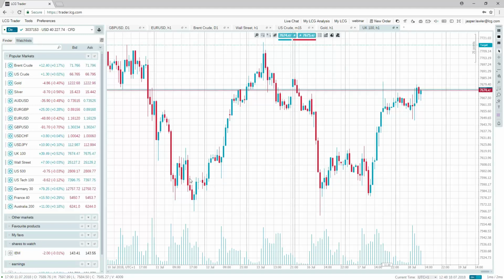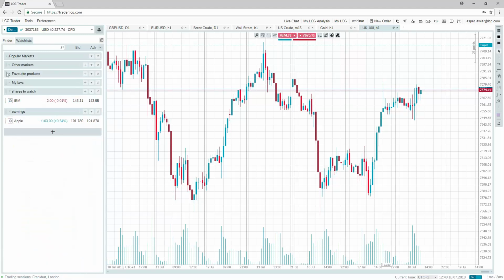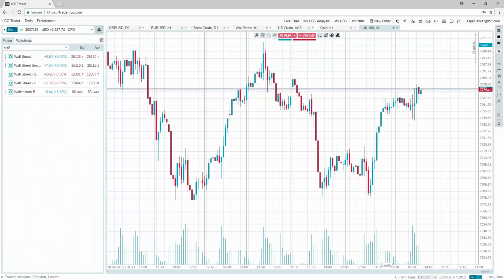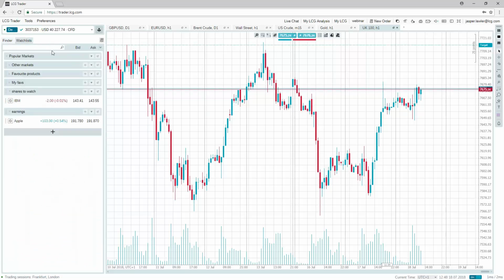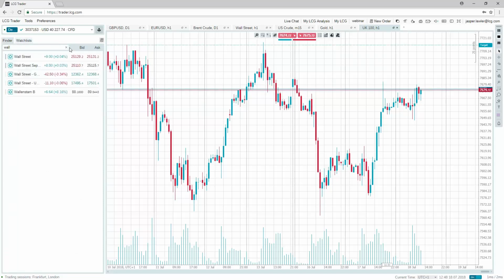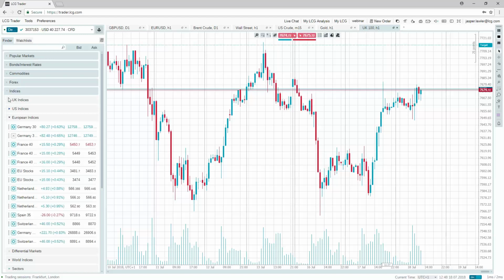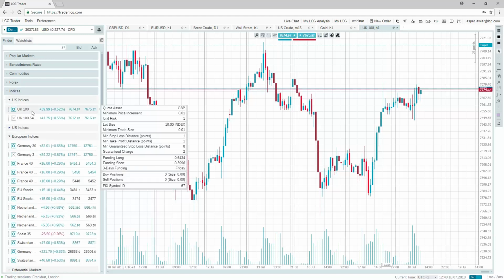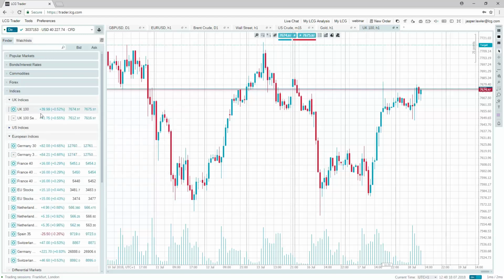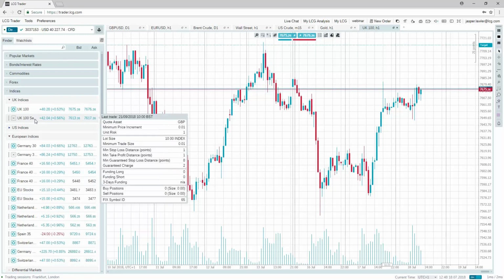If you want to find it on the platform, it is listed as one of the most popular markets under the watch lists. It's also under indices, UK indices, and there you see there's the UK 100, and then the September contract, obviously we're approaching,